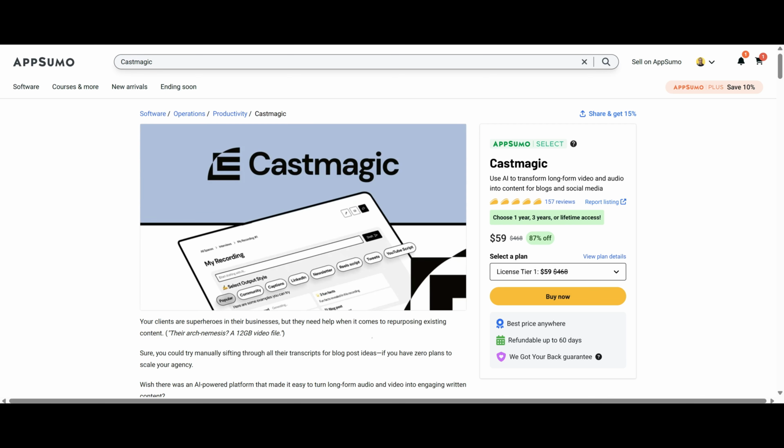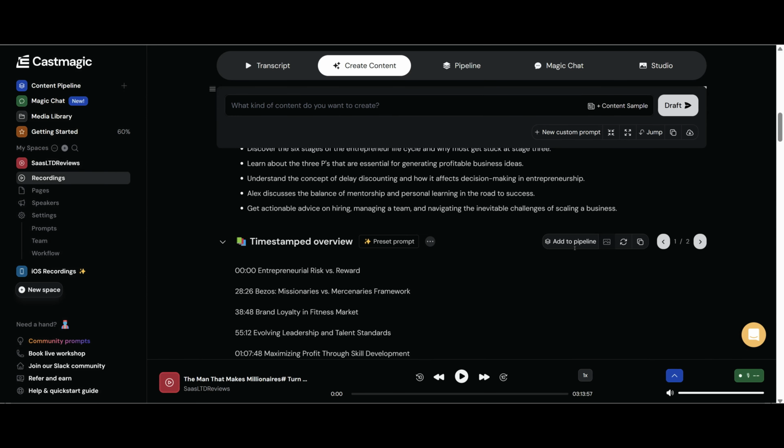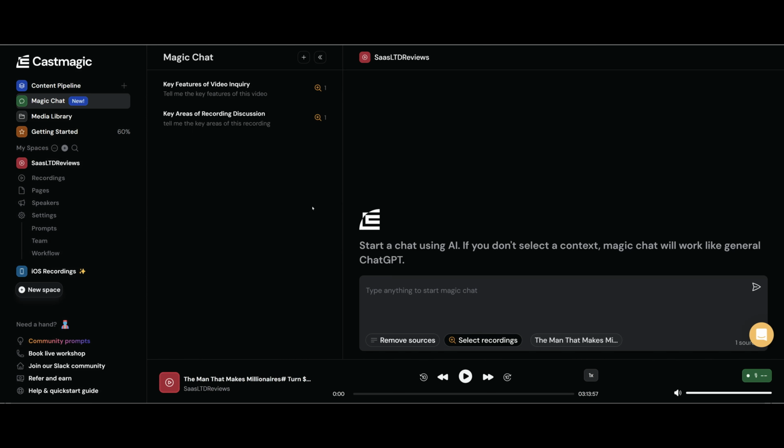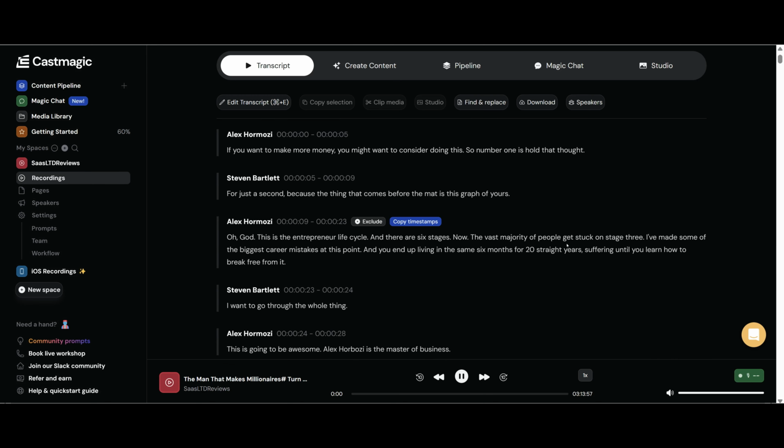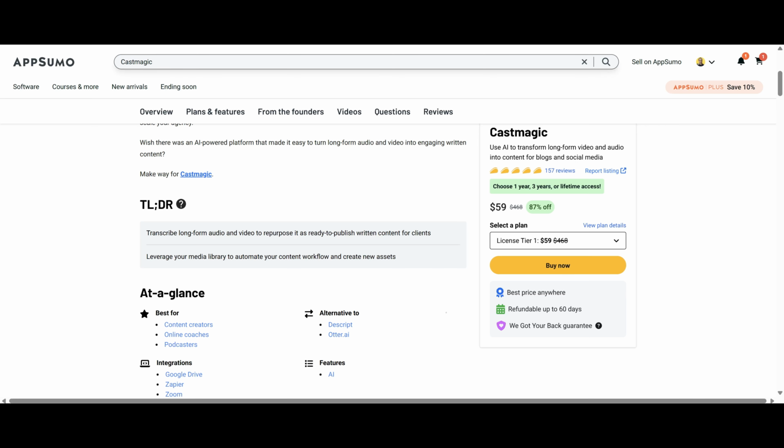For today's video, we'll be looking at a popular tool called Castmagic. Castmagic is essentially a tool that allows you to turn long-form videos or recordings into various other types of content. You can do this by uploading from popular video platforms such as YouTube, TikTok, etc., and you can also upload